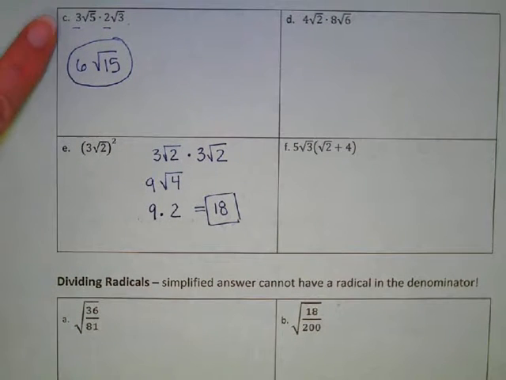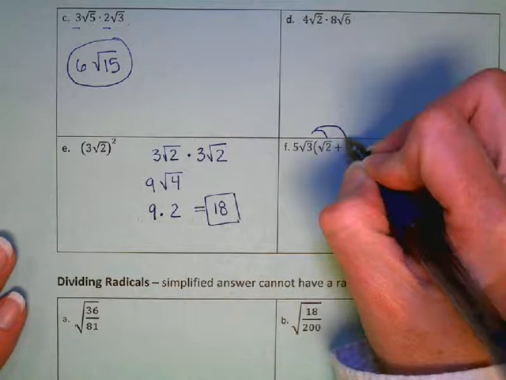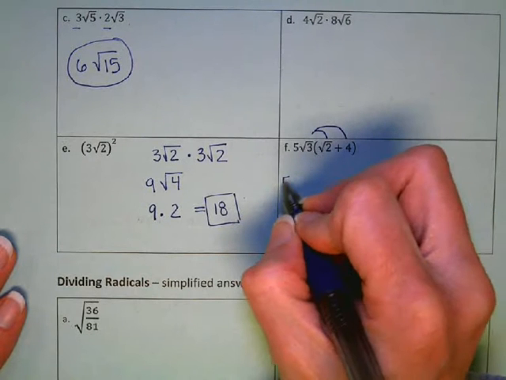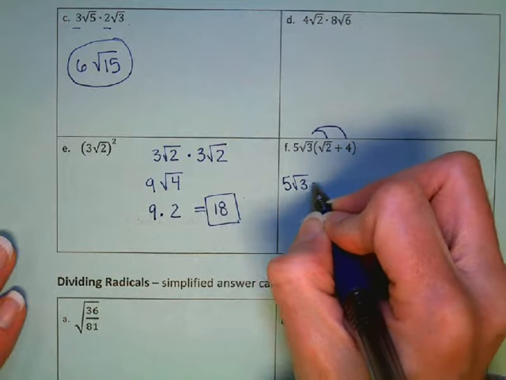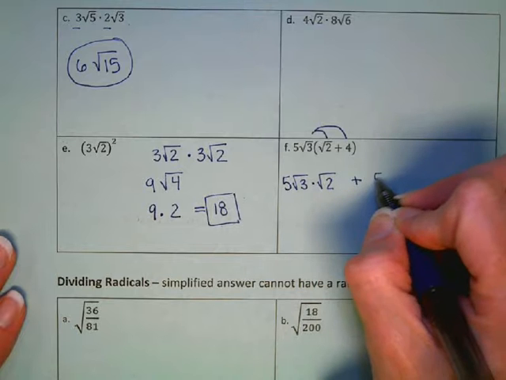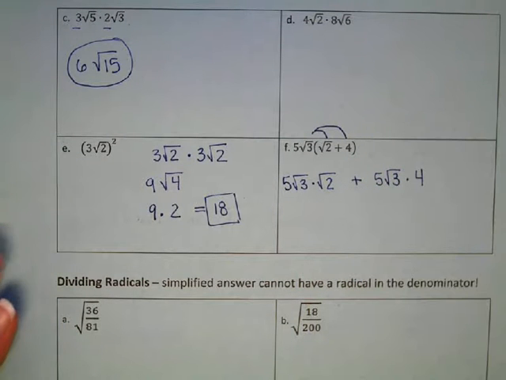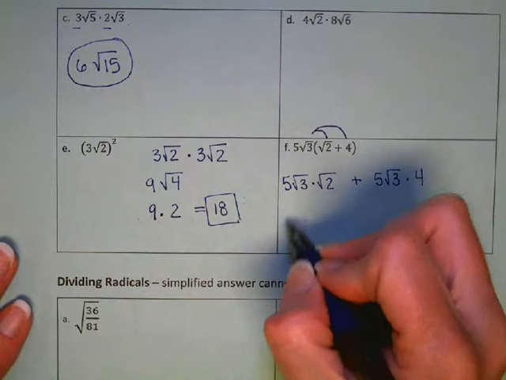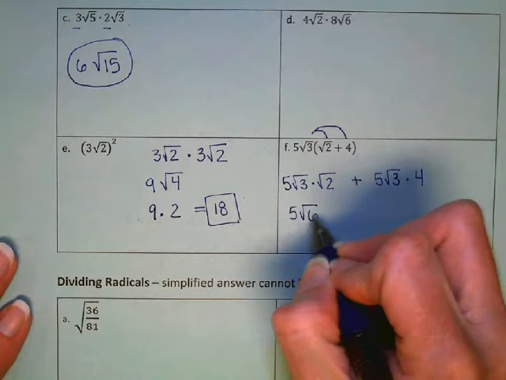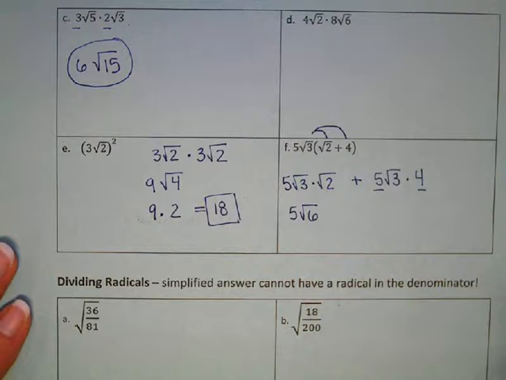This one I'm going to write it out. It's distributing since we have a parentheses. 5 square root of 3 times the square root of 2 plus 5 square root of 3 times 4. We want to see if you can distribute also. This 3 times 2 is 5 square root of 6. The 5 and the 4 are the ones without the square root, so we'll multiply that to give me 20